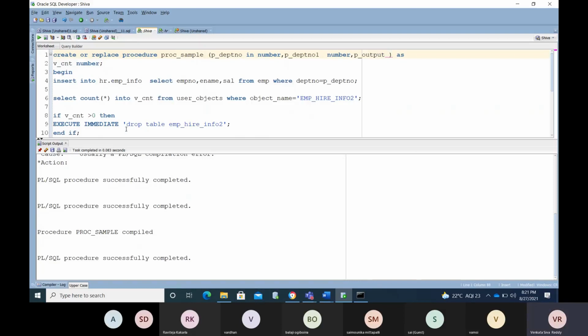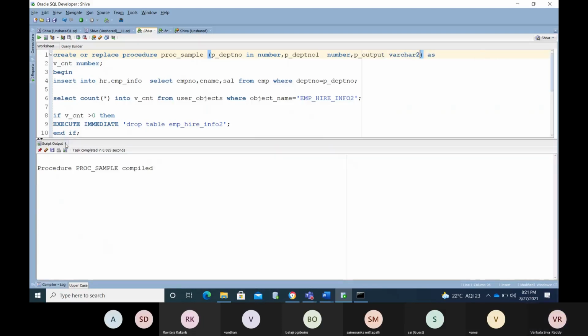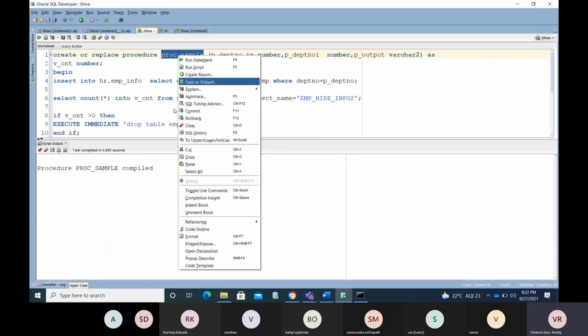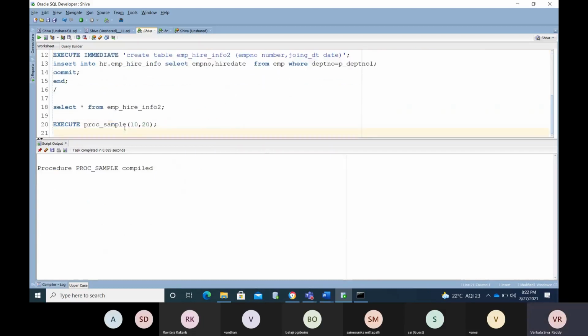Here I'm not returning any values, so I don't require any output statement here. The procedure is compiled. If you don't know how to run this procedure, there is an output parameter, an OUT mode parameter.